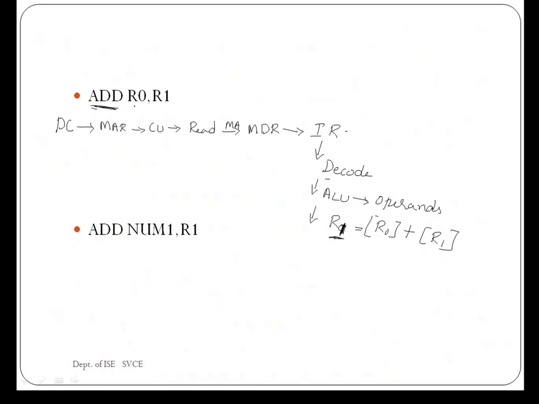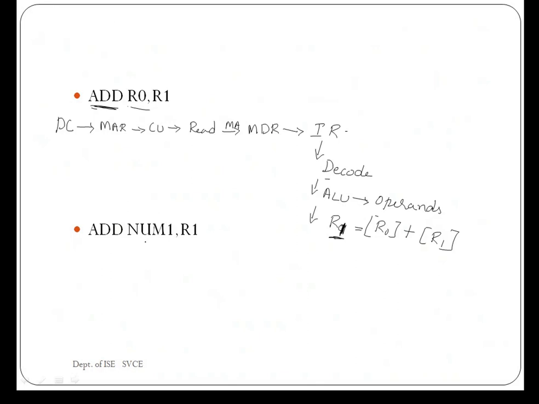According to the operands specified in the instruction, the steps take place accordingly. This is very simple. You need to understand that these are the basic steps that take place. Next we have another instruction. It also performs the same operation. The only thing is that here the operand we have specified is a memory location.